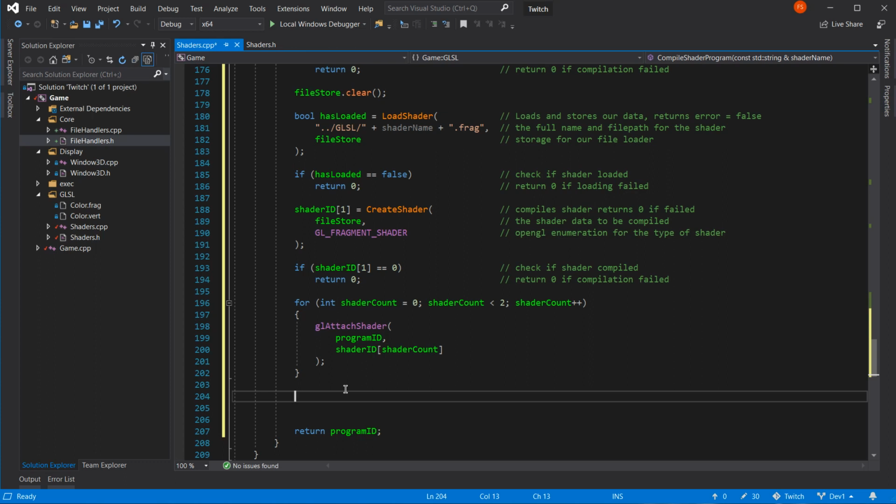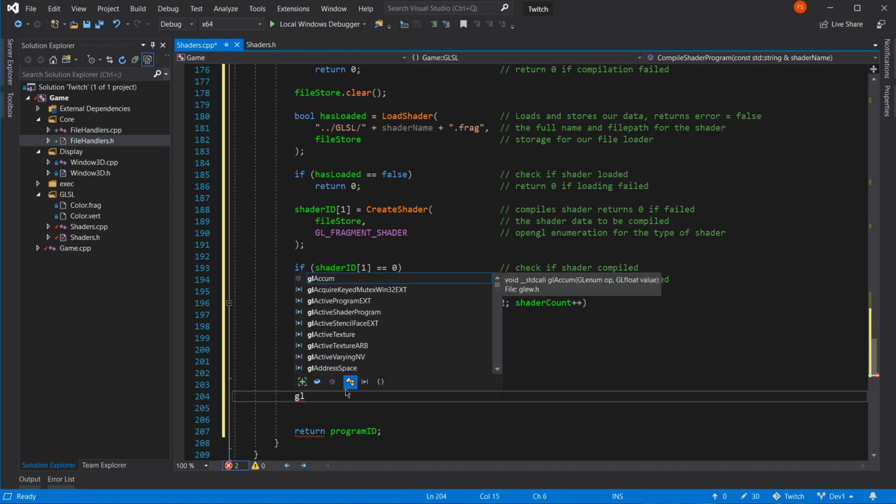So all we've done is we've attached two compiled programs under one program ID. And now what we're going to do is we're going to link everything together so that it works, just like you would do with a C++ program or a C program, because that's really what it is. Shh, don't tell anybody. It works in C-ish, sort of. So let's link it. I think we can, can't we, at this stage? I mean, yeah, we can. Yeah, we'll link it.